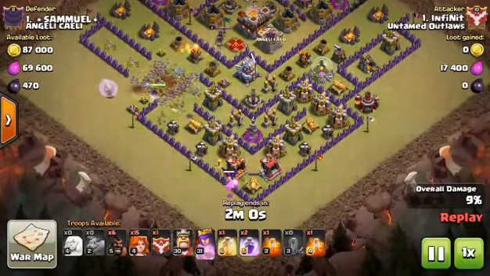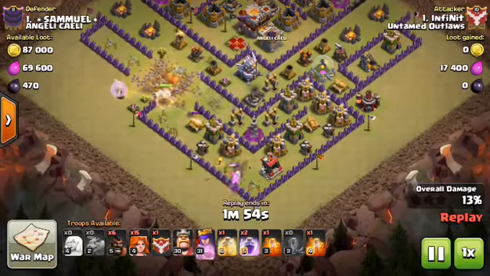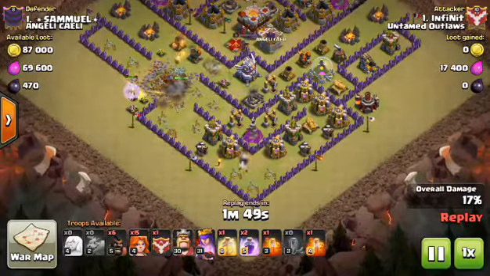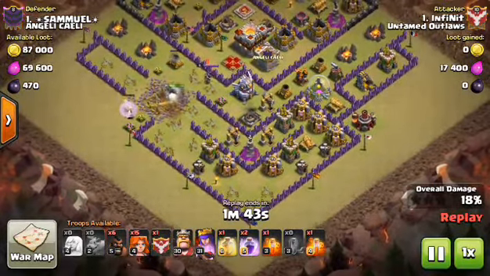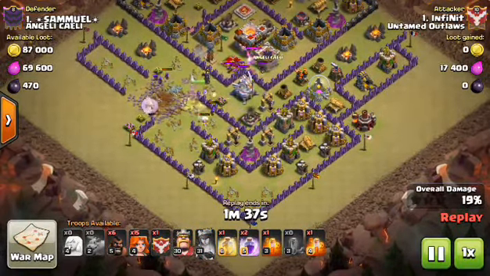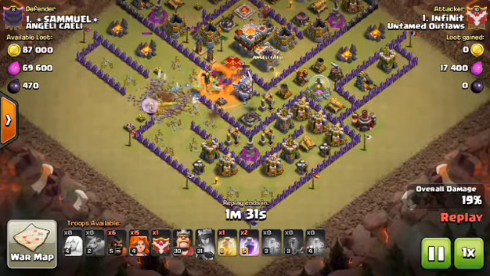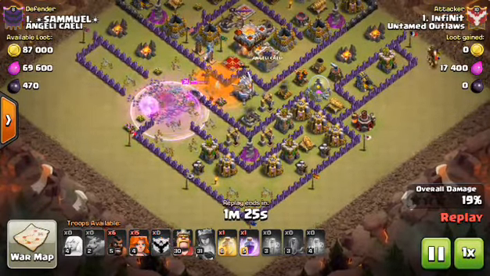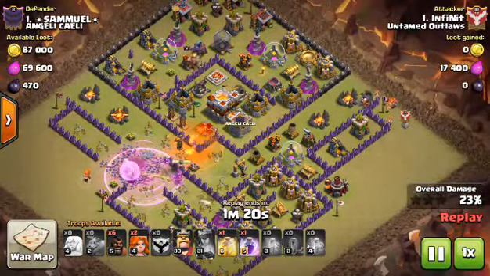Sends a baby dragon down at the bottom just to help with some of the buildings down there. Try to create a little bit of a funnel for the queen so she goes where he wants. So he gets the queen, draws the CC out. Was almost done with the eagle, but ended up taking the CC out first. Goes ahead and rages his queen, finishes that up,